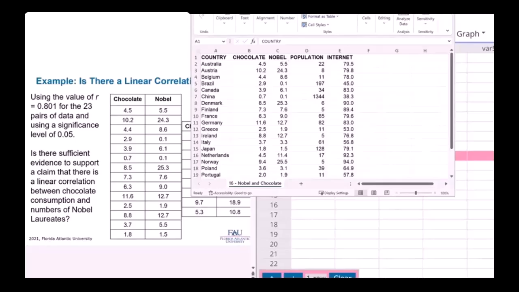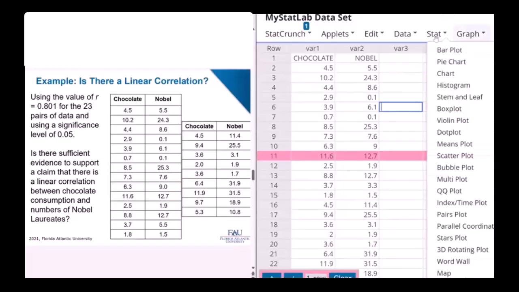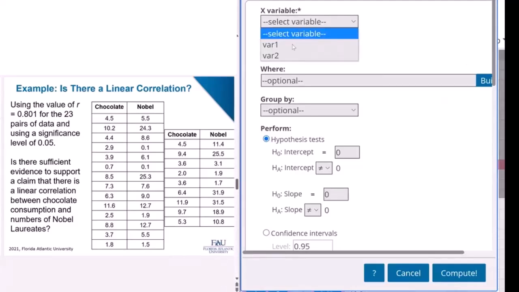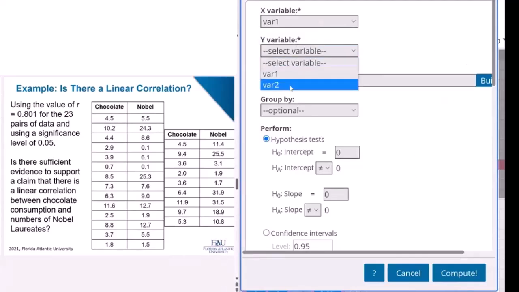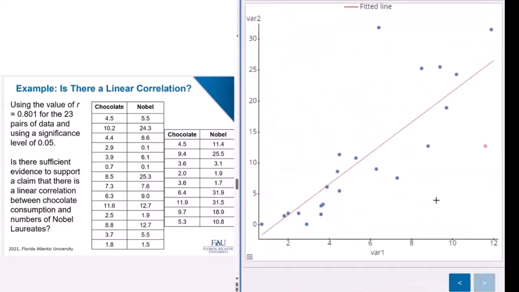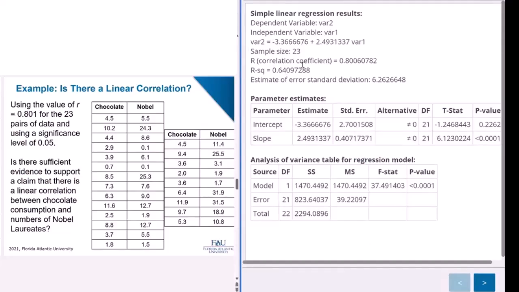This is comparing how much chocolate people who live in these countries eat compared to how many Nobel Prizes that country has won. I grab all this data, go into Stat, Regression, Simple Linear. My X value would be var1, my Y value would be var2. My hypothesis is all the same. I hit compute. This is our scatter plot surrounding this line. And then we go here and we see that R is equal to